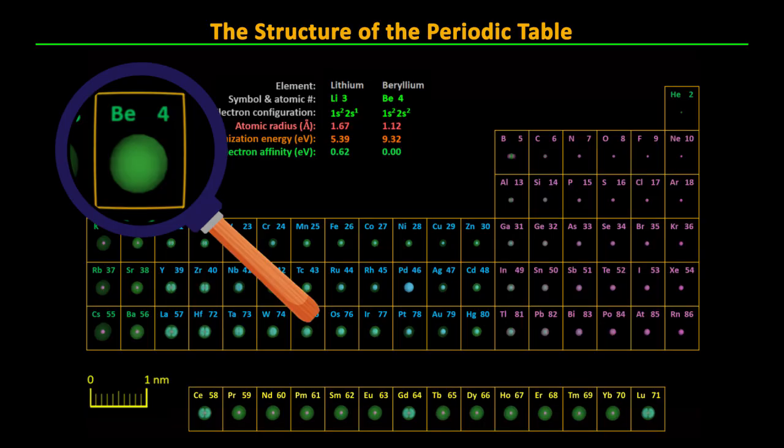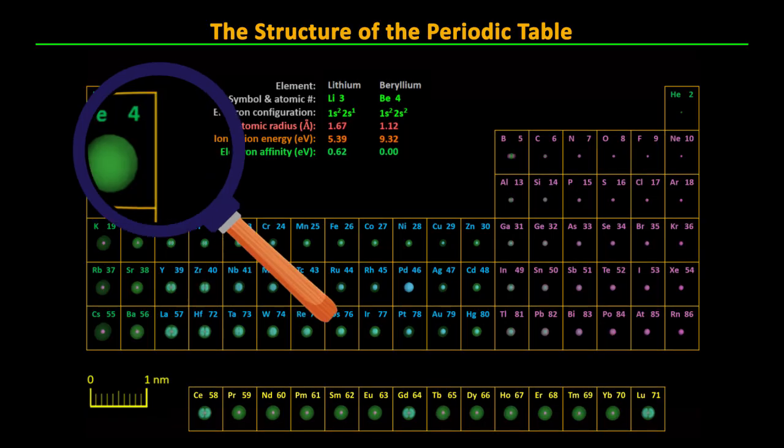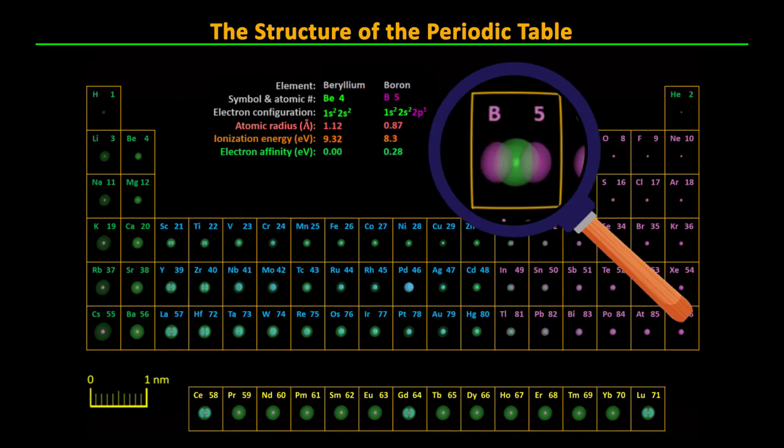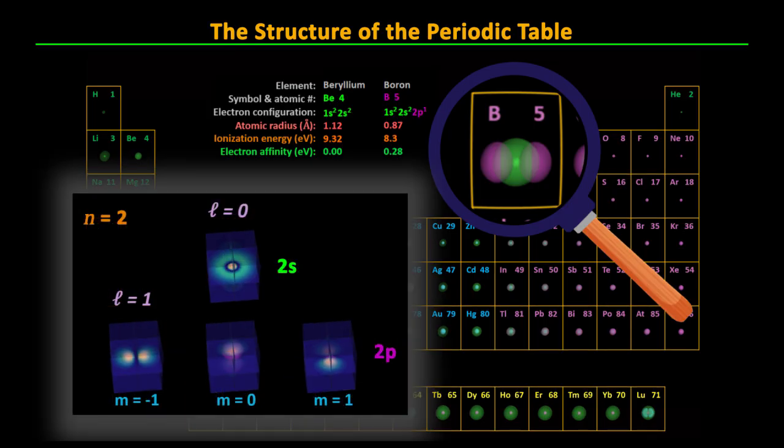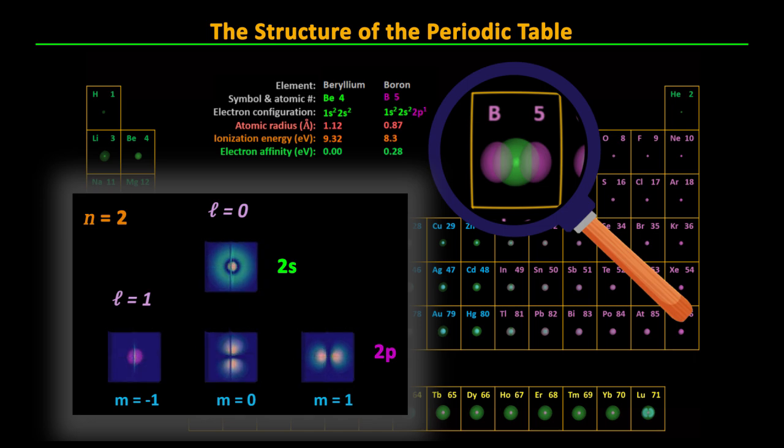With beryllium having a completely full 2s orbital, the electron affinity again drops to 0. As we move to boron at atomic number 5, the 2s orbital is now full, so the first 2p orbital starts to populate. You may ask which one, since the magnetic quantum number m can equal -1, 0, or 1. It turns out these are all equally likely, unless there's an externally applied magnetic field, in which case we define the z-axis to be parallel to that field, and the lowest energy will come from the m equals -1 shell. The electron's spin will also align to the magnetic field for lowest energy.